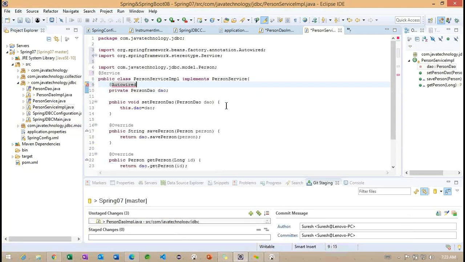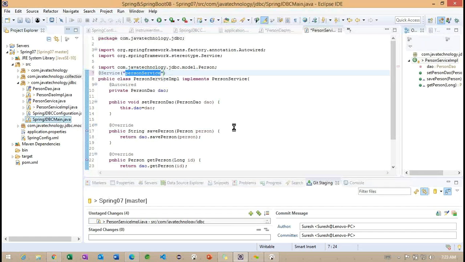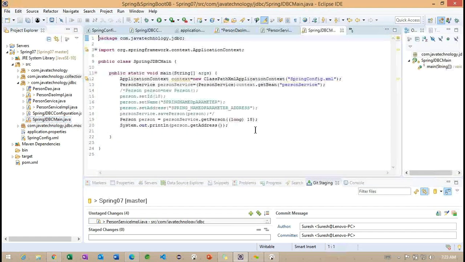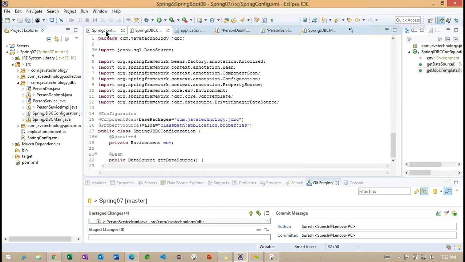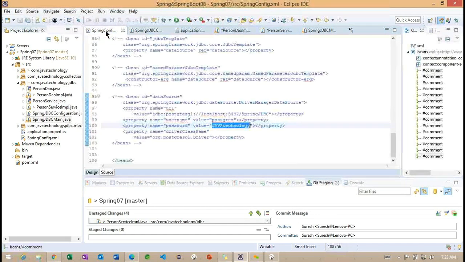In the service we need to specify the person service, the same one we will use. We already used it, and the same is here to interact with the database. Let me go back to the class. I think we added all the classes. Now back to here.